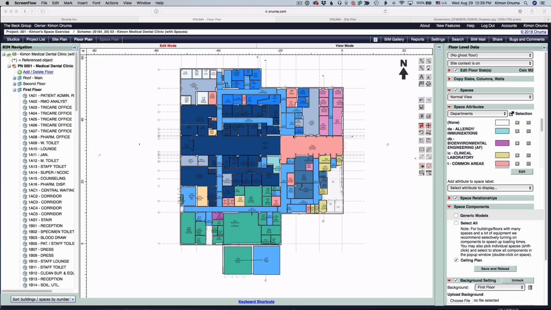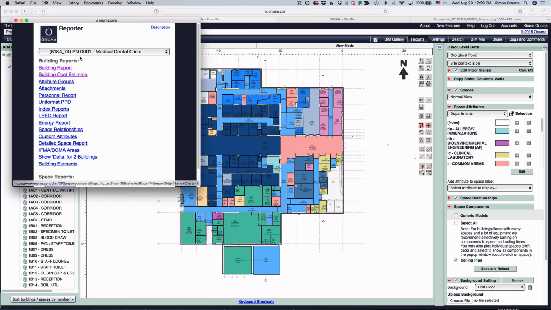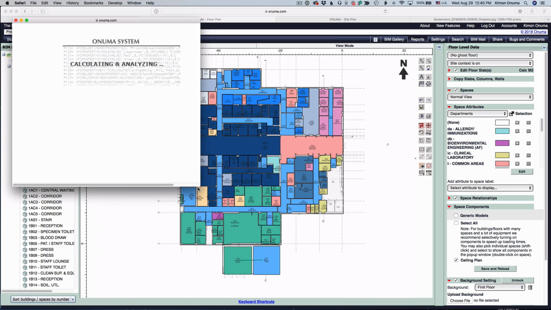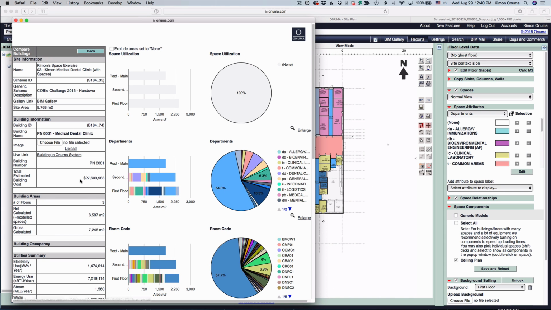In the Onuma system, there's built-in reporting and settings that can create different types of reports. So for example, if I go to the report button here, I'm at the building level. I can also go back up to the site level and look at different buildings as well, or multiple buildings. But in this particular building, if I click Building Report, it's generating a summary of cost, construction, total estimated cost,